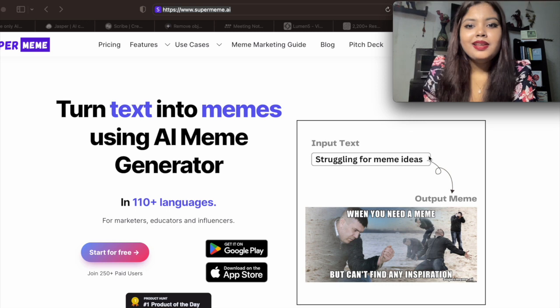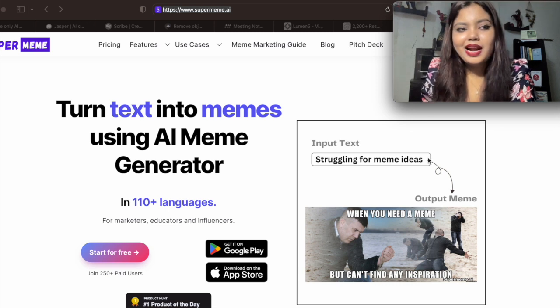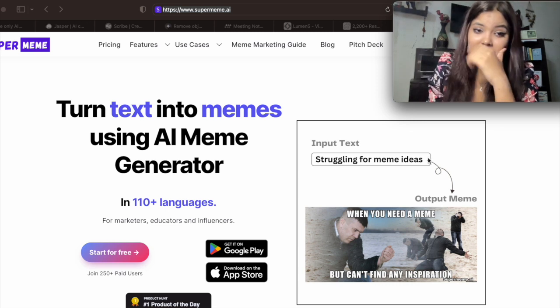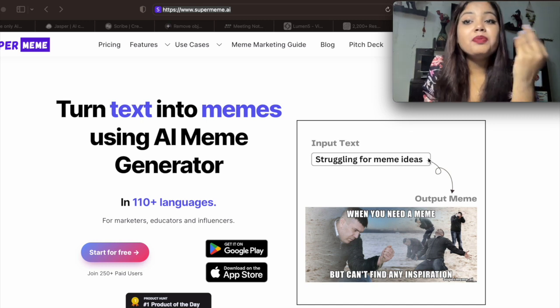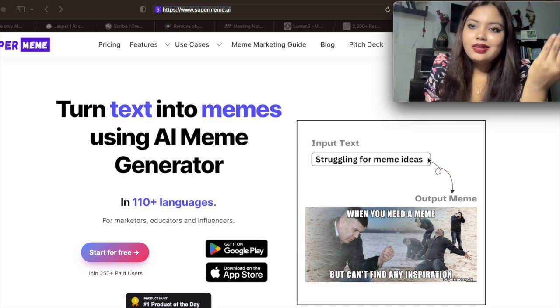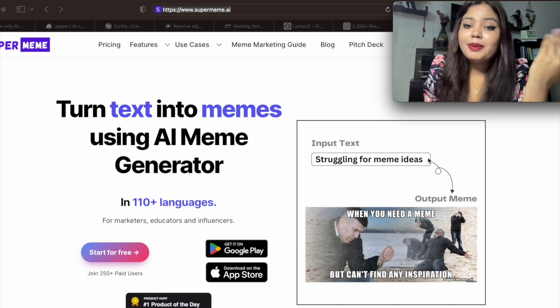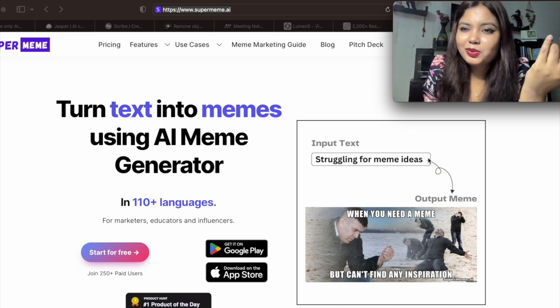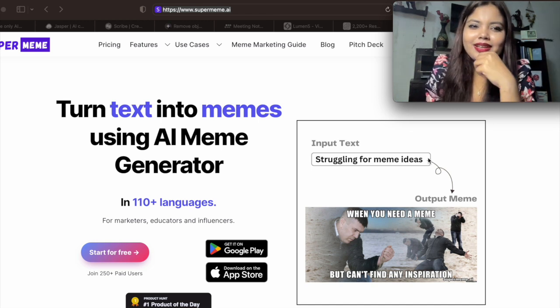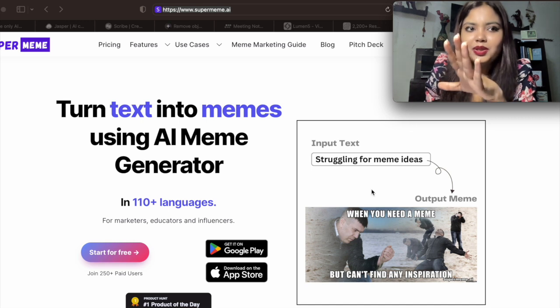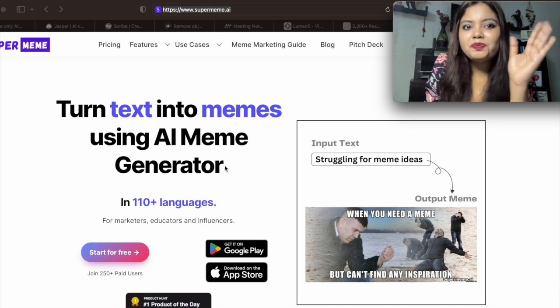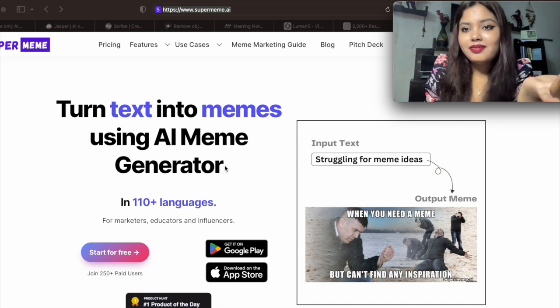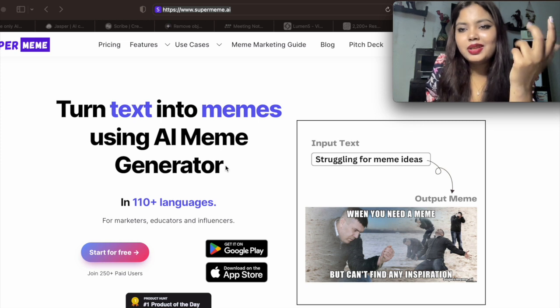So yeah, I mean, I have added this just for a fun purpose because I know कि कई बार हम कुछ लोग होते हैं जो memes का पेज रन करते हैं मे बी. तो कई बार क्या होता है कि हमें पता नहीं होता है मीम्स कैसे लिखना है या मीम्स के थ्रू, आई मीन, मीम्स की इमेज कैसे जनरेट करना है एंड ऑल. सो नाउ दिस इज द टूल दैट कैन टर्न योर टेक्स्ट इनटू द मीम. आप कोई टेक्स्ट बोलोगे वो उसको मीम में कन्वर्ट कर देगा. सो यू डोंट हैव टू स्ट्रगल कि मैं कैसे मीम बनाऊं या कैसे लिखूं या कुछ.